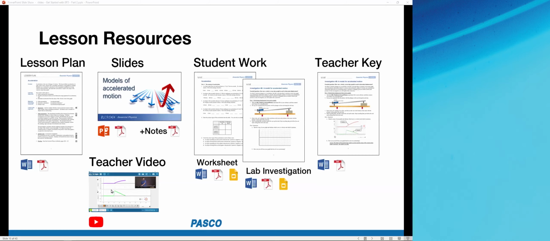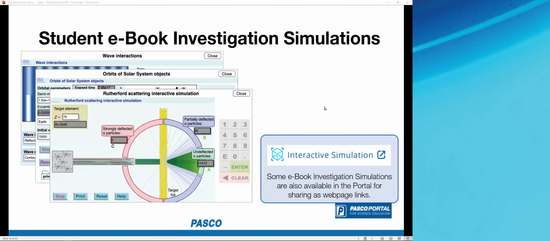So we'll take a look at one of those teacher videos as we go through these 3 investigations today. Before we jump into these hands-on sensor-based investigations, I want to remind you of something we covered in part 1,